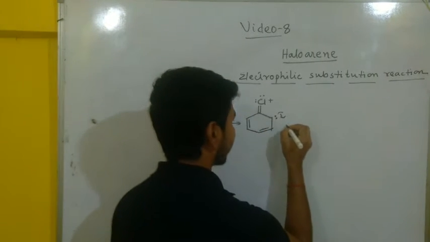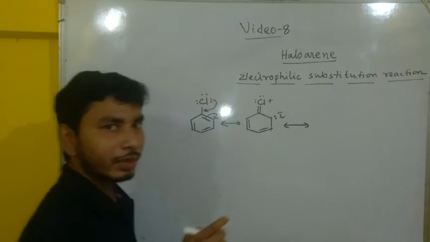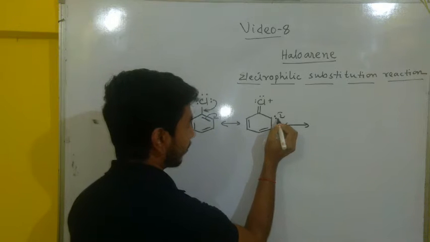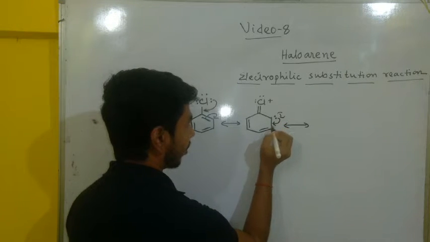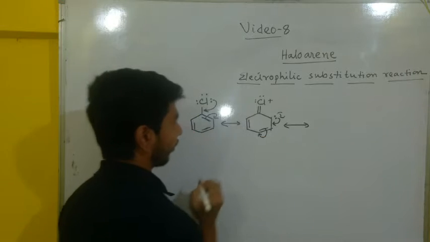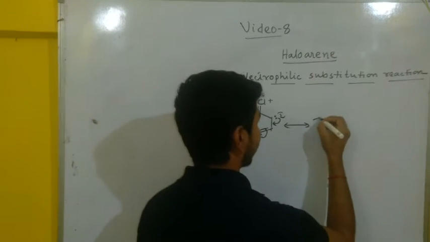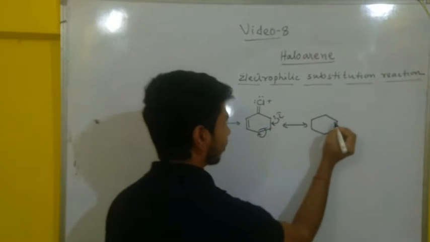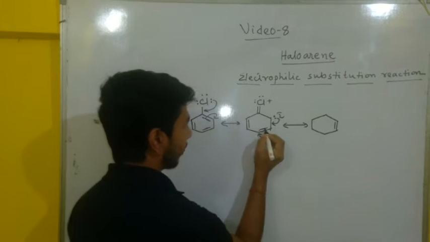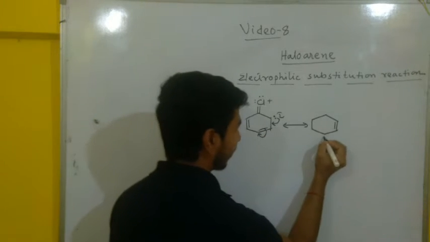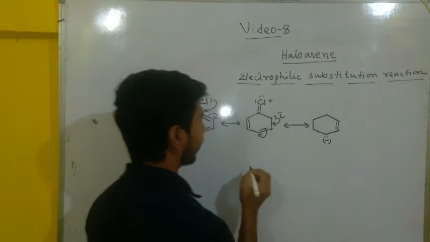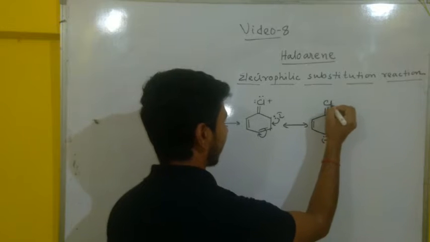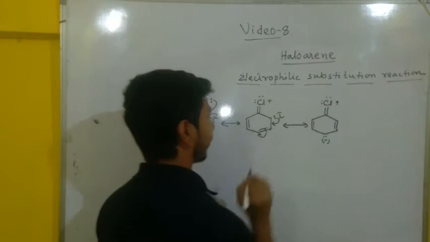Now what will be the next structure? What is our sequence? Lone pair to the bond, bond pair to the next carbon. Again this lone pair is shifted to the bond, and the bond pair shifts to the next carbon. So in the next resonating structure, this lone pair is shifted to the bond and here it becomes a double bond. The pair is shifted to the next carbon, so now in this carbon there is a negative charge with a lone pair. The double bonds remain as double bonds, and here there is a double bond to Cl plus 2 lone pairs.